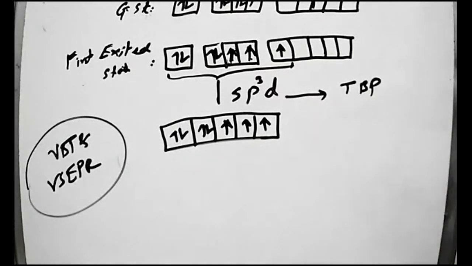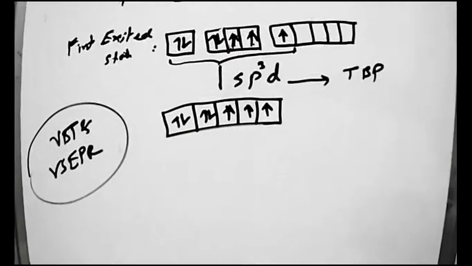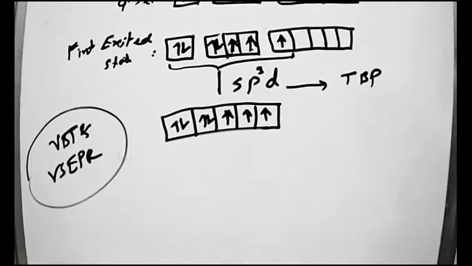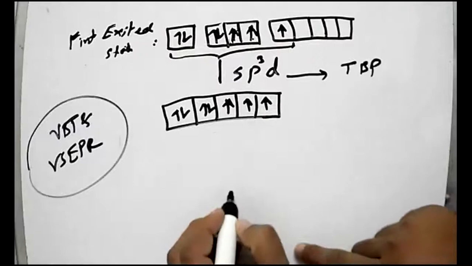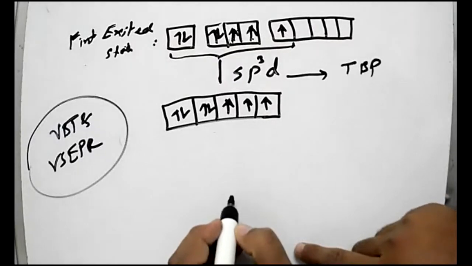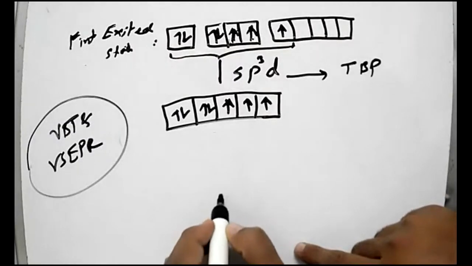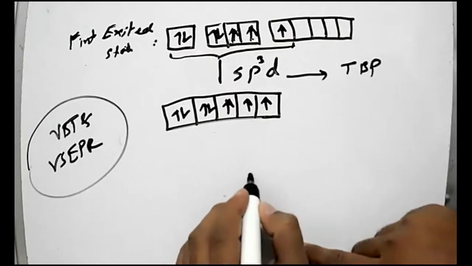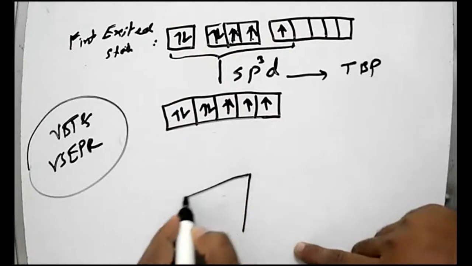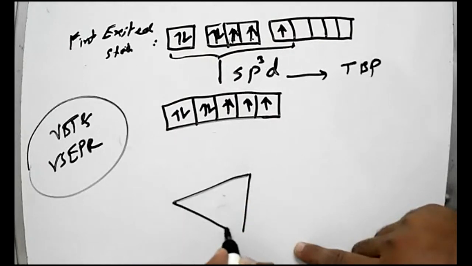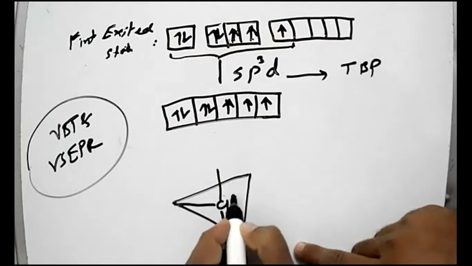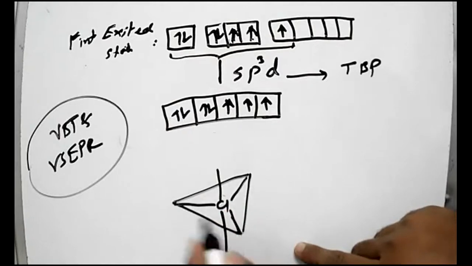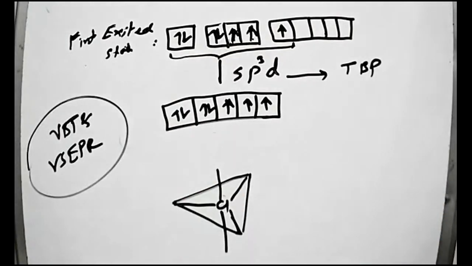Trigonal bipyramidal. So we can write the geometry here like this. How can we write this? See, this trigonal bipyramidal. So this is Cl suppose, and let us draw the trigonal first. Trigone, and here we have Cl. And bipyramidal means like this. Five lines. There should be five sides.